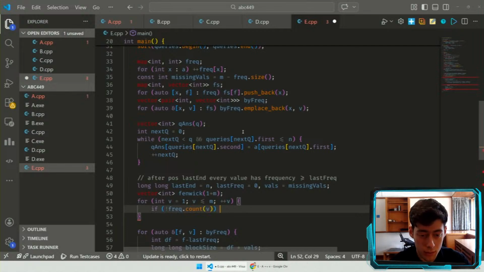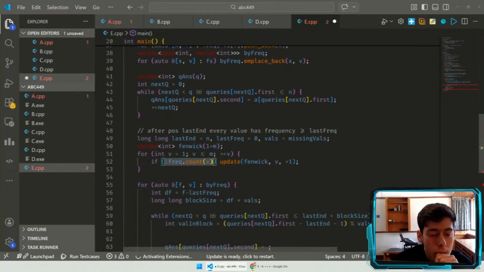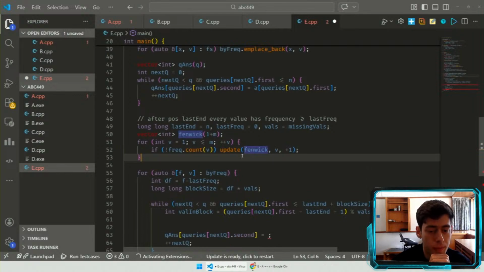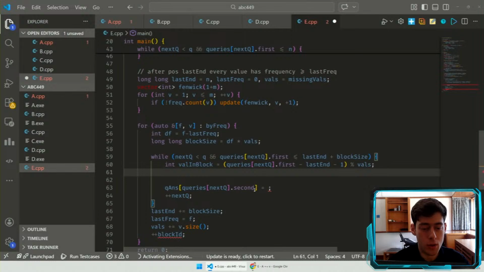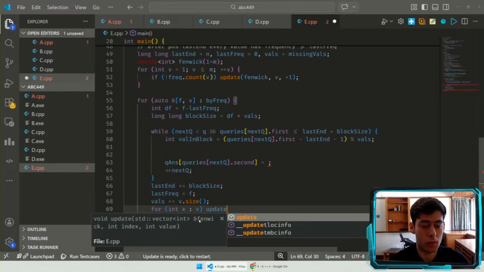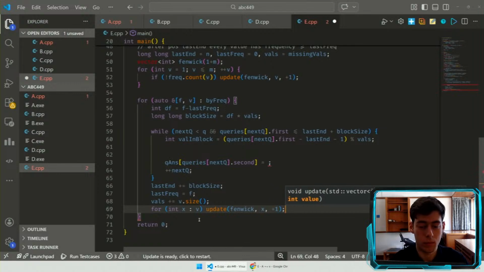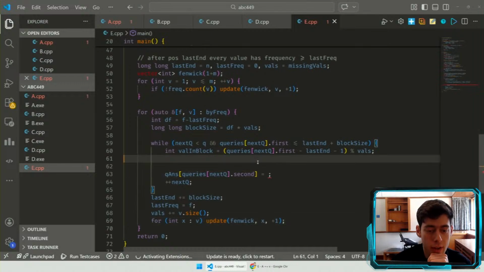And if I don't have it, I'm gonna add it to the Fenwick tree. Okay, and then now I need to do the same things here. Also update, and then so in the middle now,